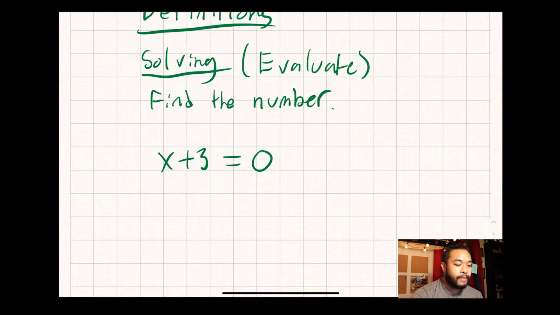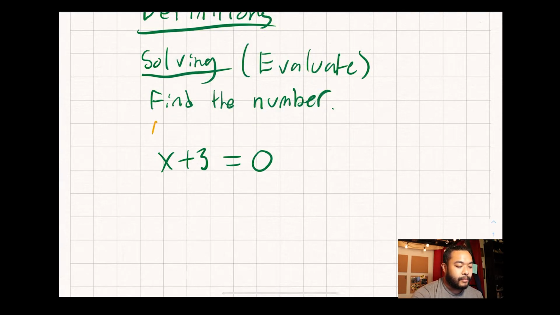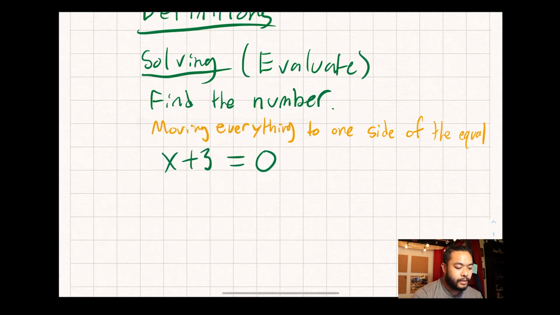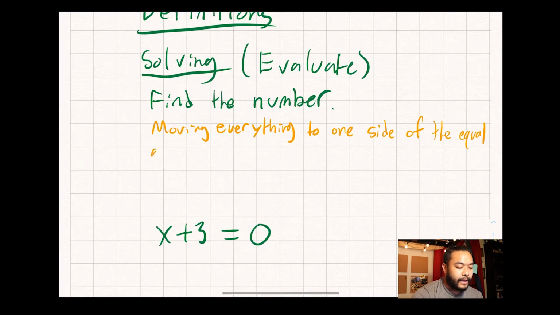So solving means moving everything to one side of the equal, and leaving the variable